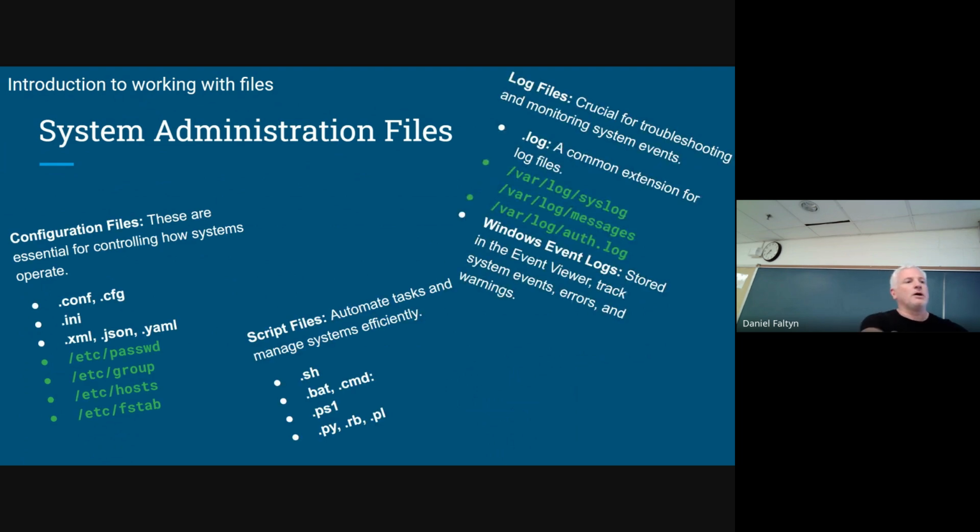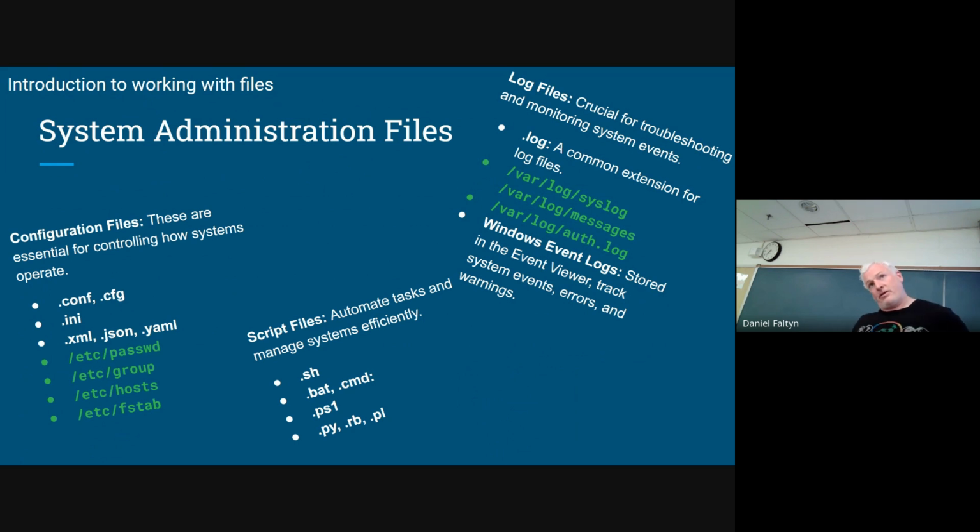For friends who may want to go into cybersecurity, I'm going to use this interchangeably with system administration. A lot of system administrators have a day job that is partly cybersecurity. I've highlighted here some very specific files that are very important, particularly on Linux systems.